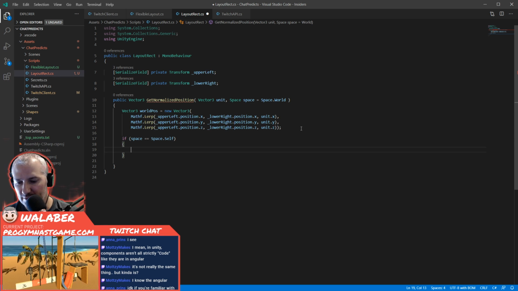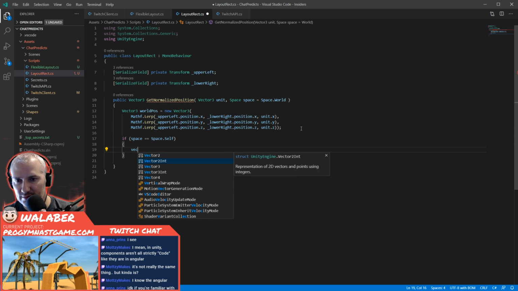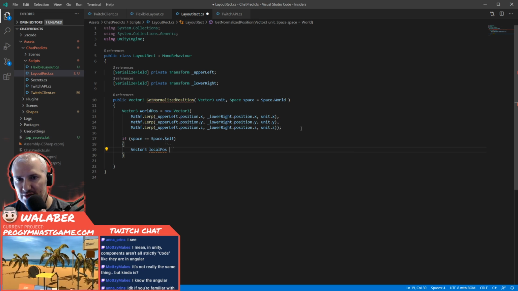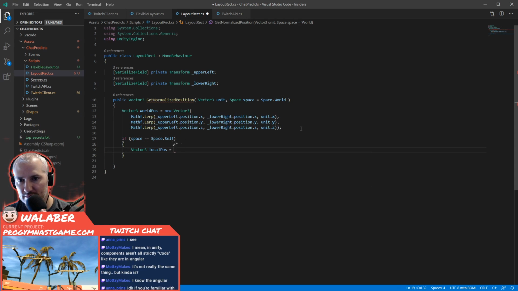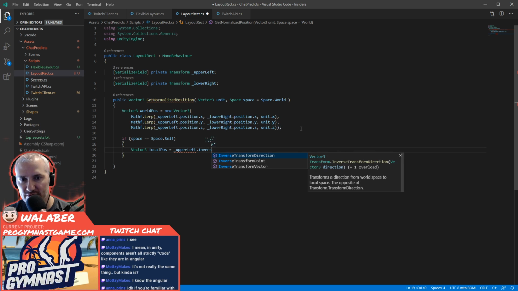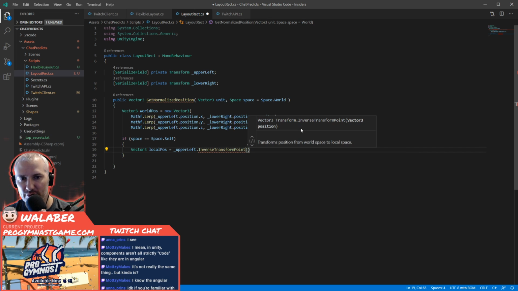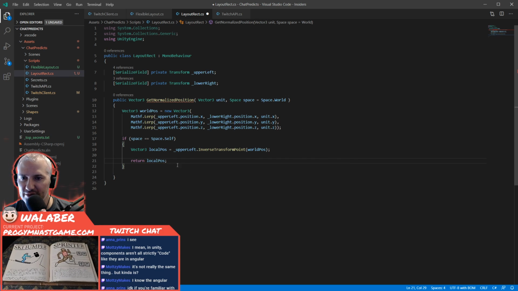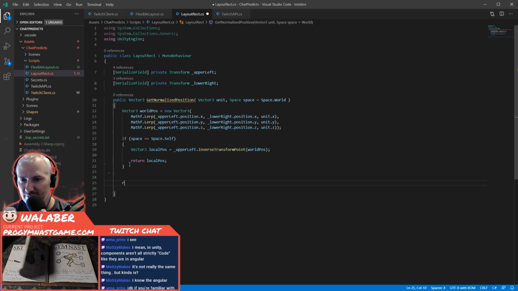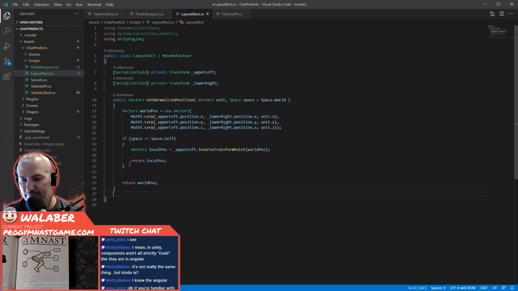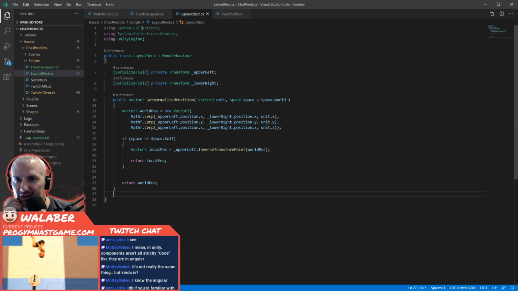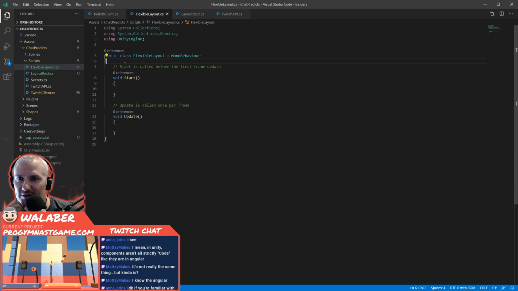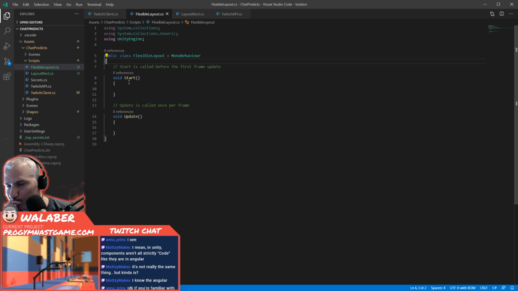So then we'll say Vector3 localPosition equals upperLeft.InverseTransformPoint of the world position. So this is all just vector math stuff. And if we don't do that, we'll make it down here, in which case we just return the world position. Okay, so there's our LayoutRect,